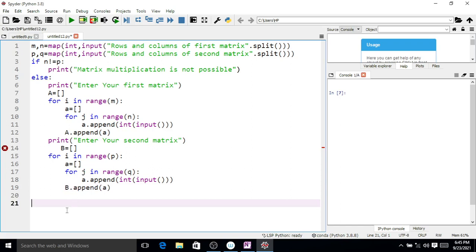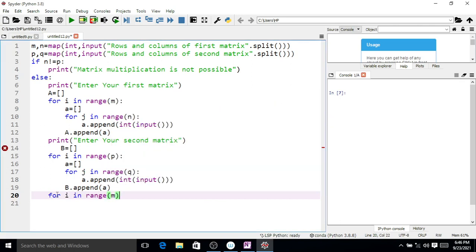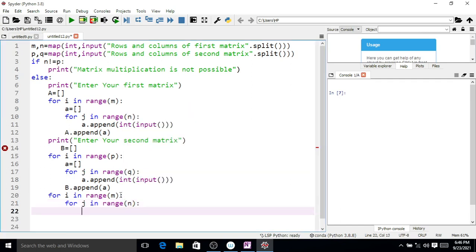Now we want to display these matrices A and B, so again by using for i in range m, for j in range n, where m indicates the number of rows and n indicates the number of columns of the first matrix.